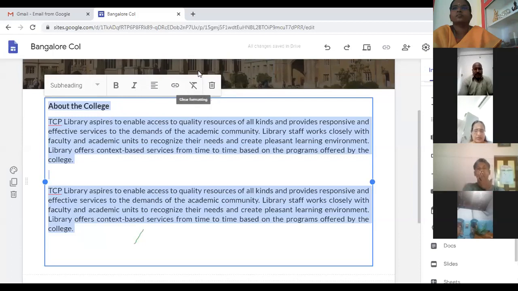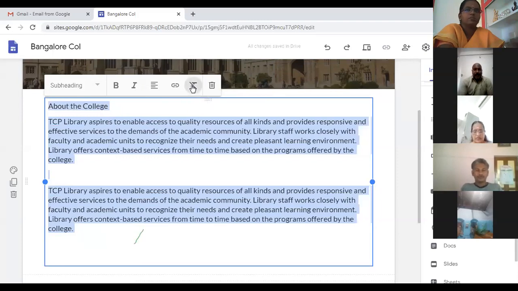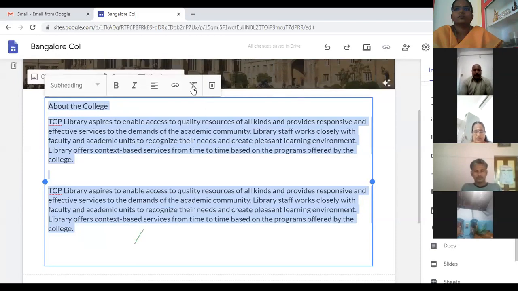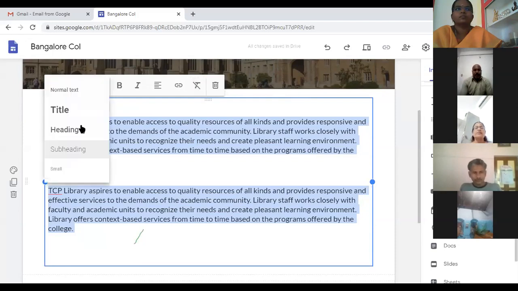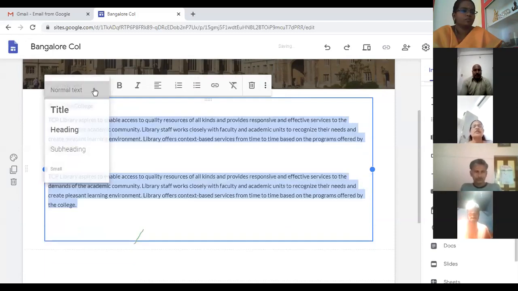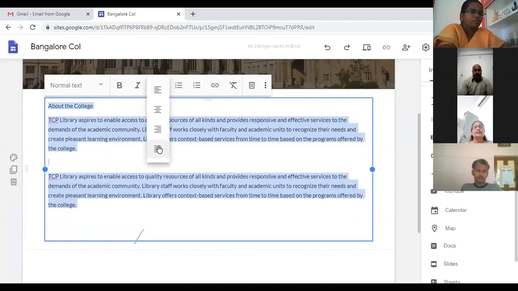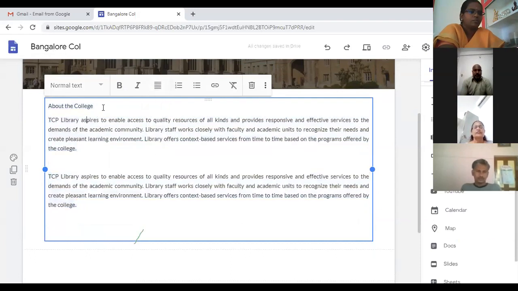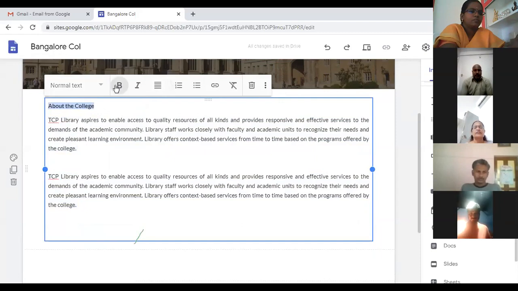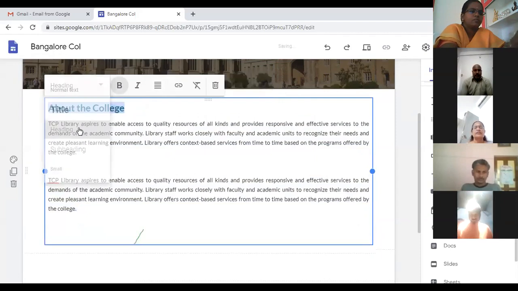For example, if you copy from any other website, you can clear the format. If you clear the format, you can align it on your own. If you don't do it, whatever you copied from the website will appear here. So I always prefer that you do the clear formatting. Once you clear it, you make it normal text, just alignment. Only then, if you want to make it bold or header.